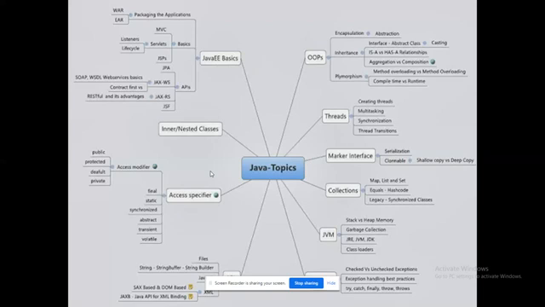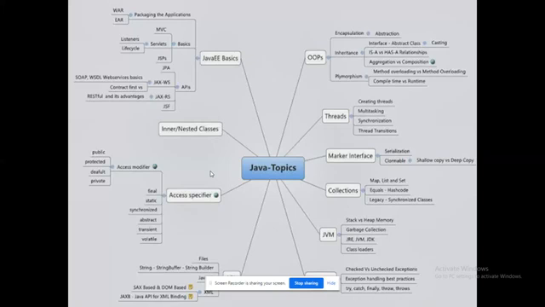Threads, it is in our syllabus. Next, marker interface, regarding serialization and cloning, that is also available. Collections, nothing but the data structures that we are going to work with. Next, about the JVM, we are going to discuss in the first unit regarding memory management. Exceptions, we are going to work with that. Next, strings, files and XML, so we will be viewing those too. But XML you will learn as service-oriented architecture as a separate subject in your 7th semester. But don't worry, Java will have a role there too.